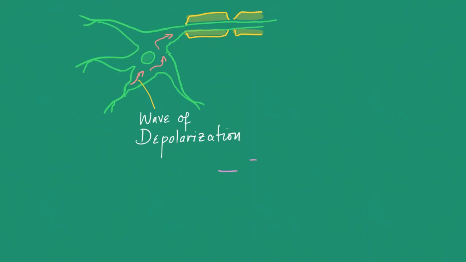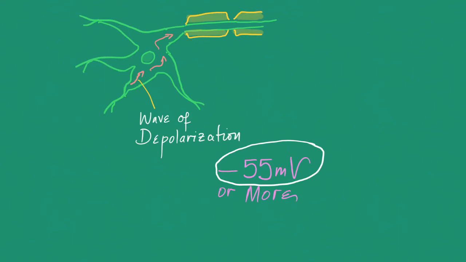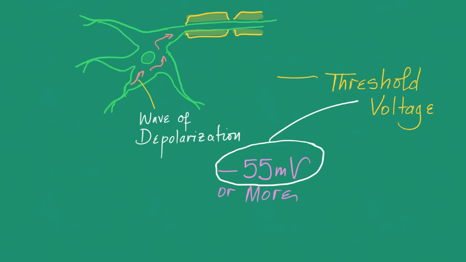It's no longer minus 70, it's probably 0 or minus 55 or minus 40, depending upon the strength of the stimulus. The minimum voltage needed to start an action potential is minus 55 millivolts. That's the minimum voltage that's needed. It can be higher, but it cannot be lower. We call this minimum voltage the threshold voltage. A threshold means an entrance or a doorway. In order to pass through the doorway and start the action potential, you need to have minus 55 millivolts,